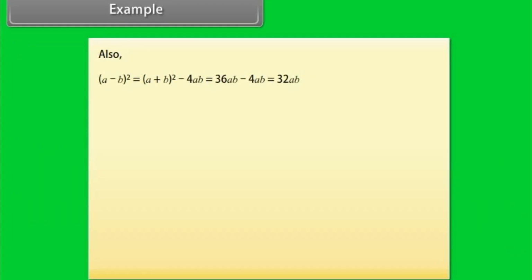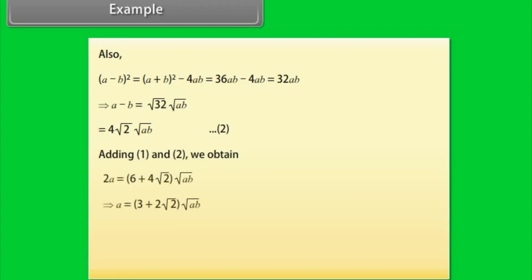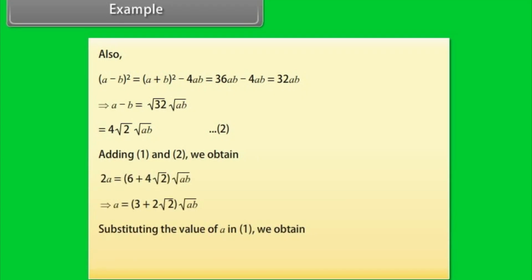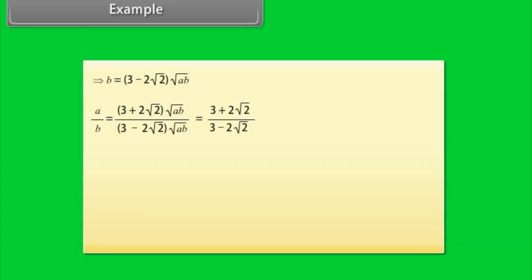Also, the square of A minus B can be written as A minus B is equal to 4 into square root of 2 into square root of AB. Let it be equation 2. Adding 1 and 2, we obtain, substituting the value of A in equation 1, we obtain A by B is equal to 3 plus 2 root 2 divided by 3 minus 2 root 2. Thus, the required ratio is